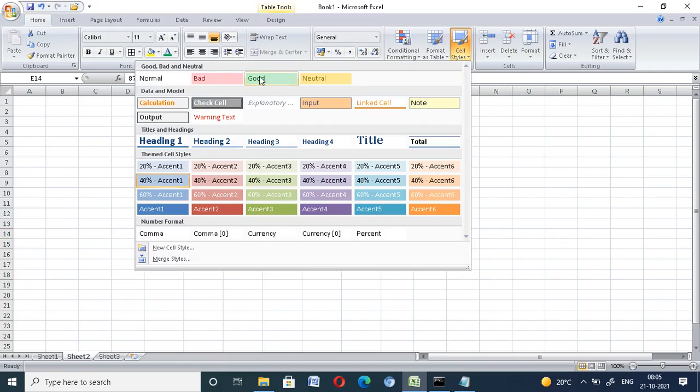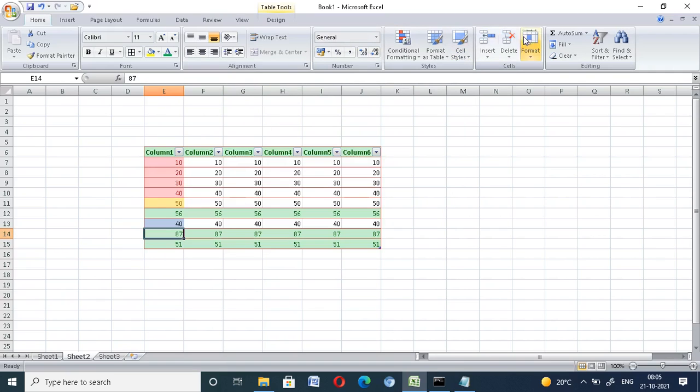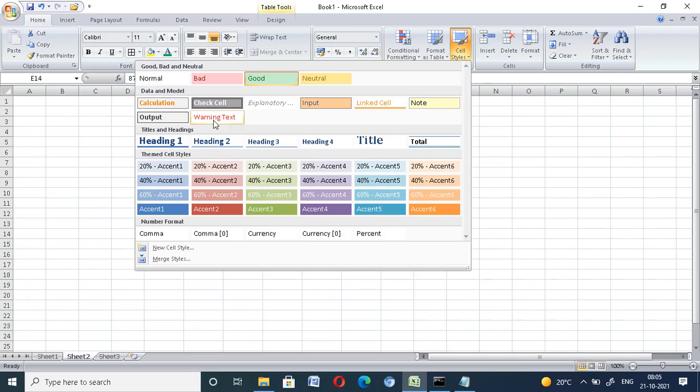Okay, in cell styles there will also be calculation and check cell, as you want.